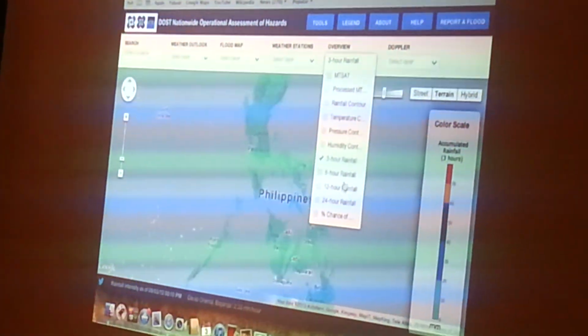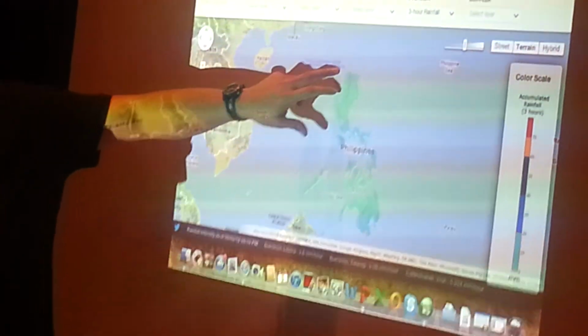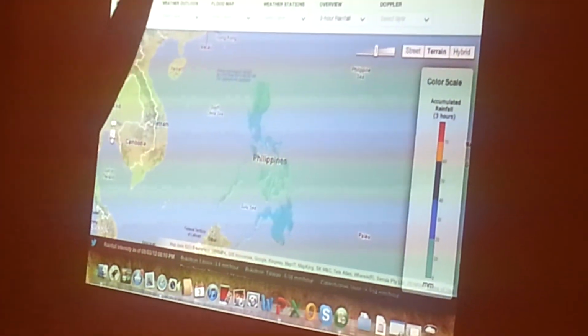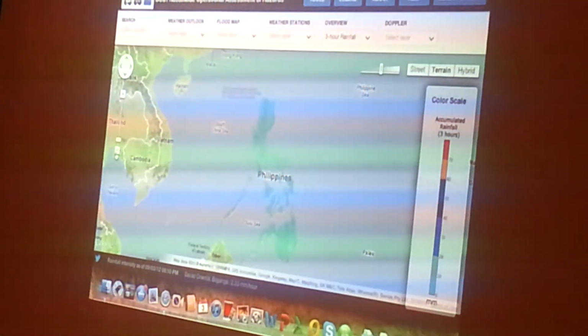And it's really the torrential type of rain and the prolonged type of torrential rain that causes floods. So it's important that we see the rainfall in the past hour, in the last 3 hours, and there's also a facility to see it in the last 6 hours, 12 hours, and 24 hours. So in one glance, you will already see as of 8 o'clock p.m., 3 September, which is today, from 141 sensors in every corner of the Philippines, we try to put that in a map, all of the data that streams into Project NOAA, to show where in the Philippines it rained hard in the past 3 hours.